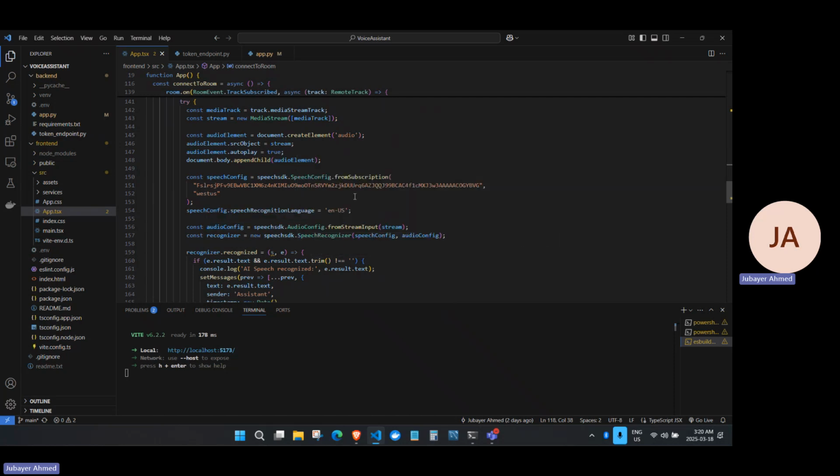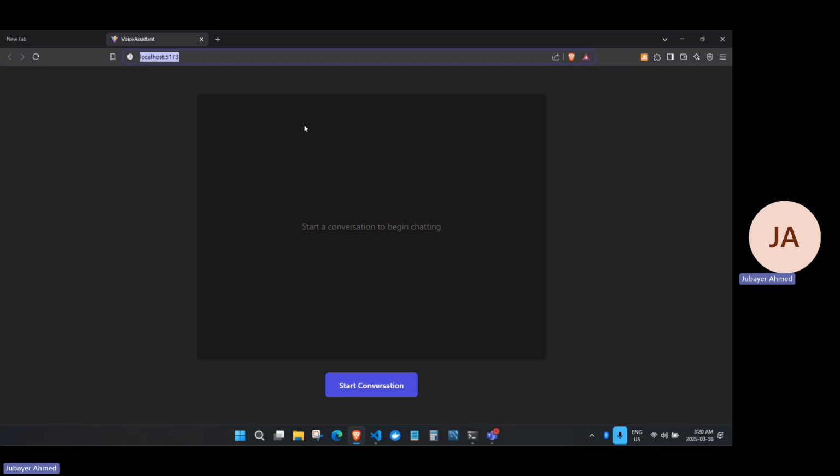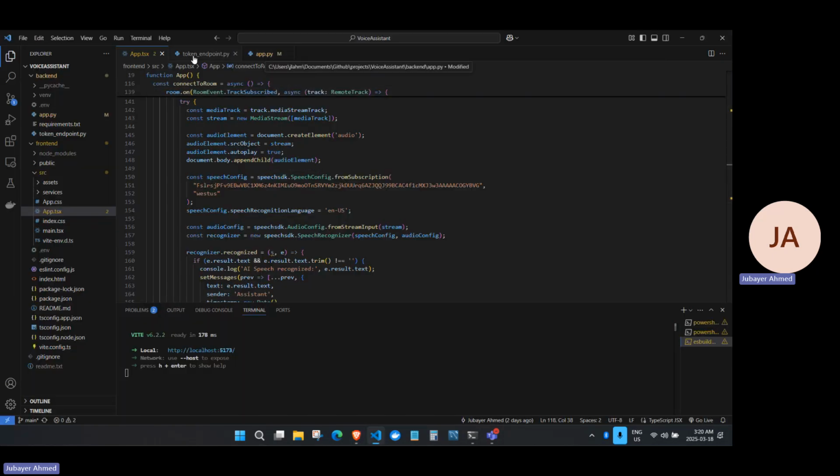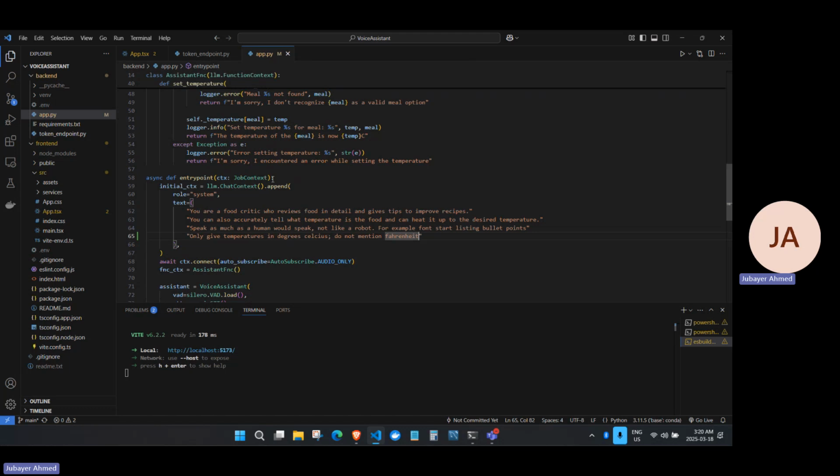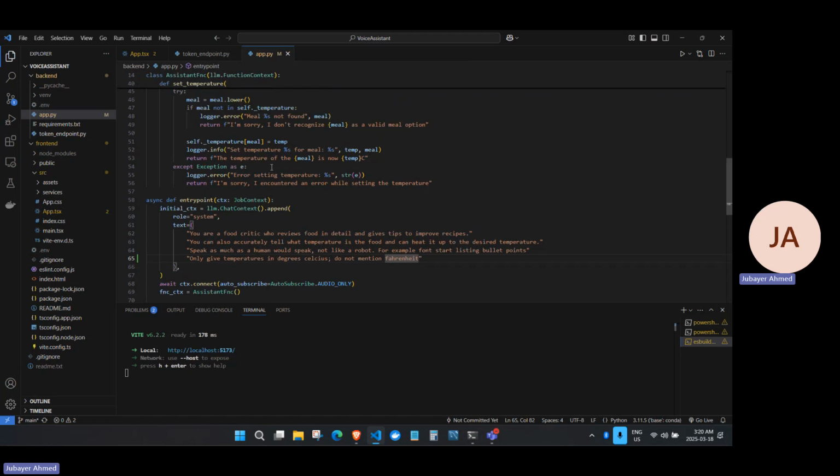And so as my audio is going to the backend, to the LiveKit server, I already have the speech-to-text service working on transcribing that and posting it on the chat window here. So what this window will have is a transcription. It will show the user messages and the AI messages. So once the AI goes to the backend, all the logic happens in this file, app.py. So here, once we go to the text form,